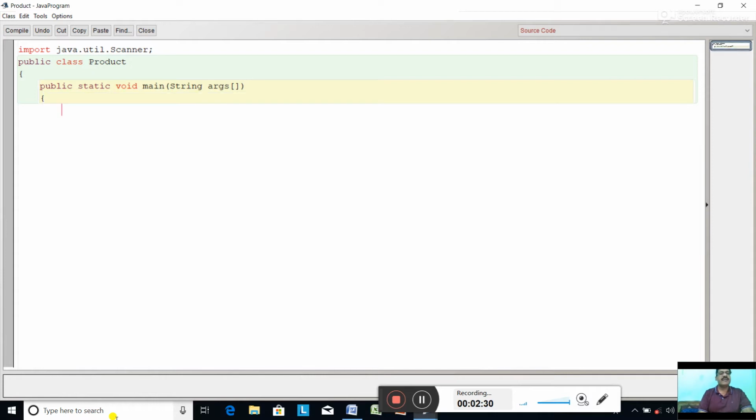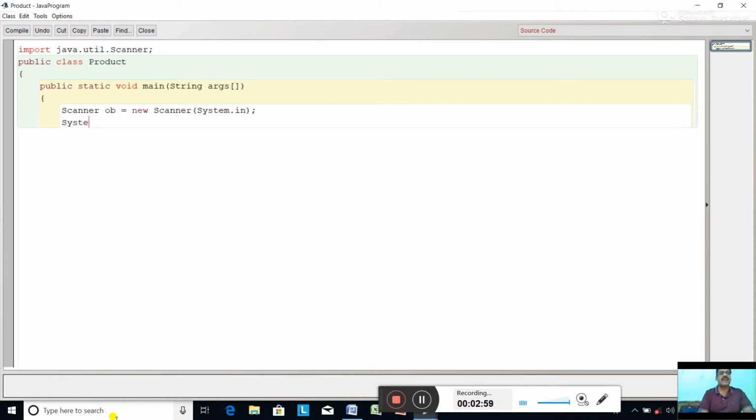Next line, create a Scanner object: Scanner ob, for the object, equal to new Scanner, and in the brackets we have to write System.in. So this will create the Scanner object ob, and with the help of this we will do the inputting.